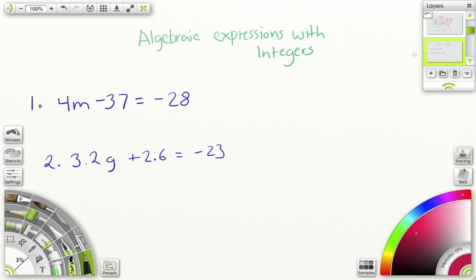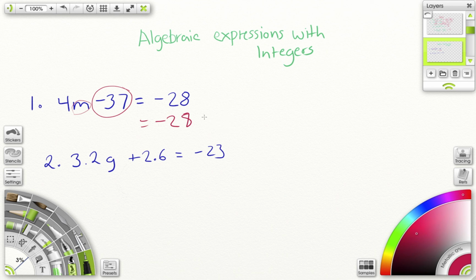So we have 4m minus 37 equals -28. So we have to figure out what this m value is. To do so, I have to isolate it. First step, well, it's going to be hard to isolate that 4. Easiest one to do first is minus 37. So now I have negative 28